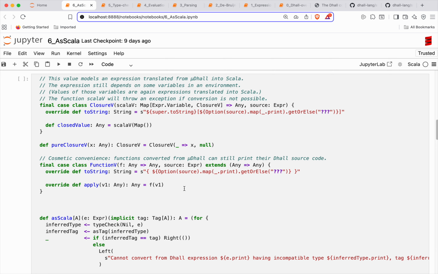So to do that, I need to explain. So what we're going to do is we're going to translate into Scala individual sub-expressions. Of course, we're going to do just recursive function that takes a sub-expression and translate that into Scala. But what if the sub-expression has free variables? How do you translate that into Scala? Well, you can't